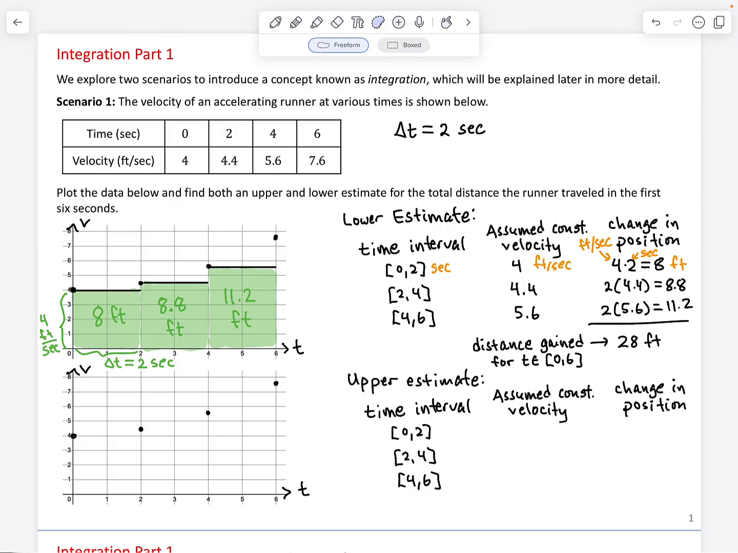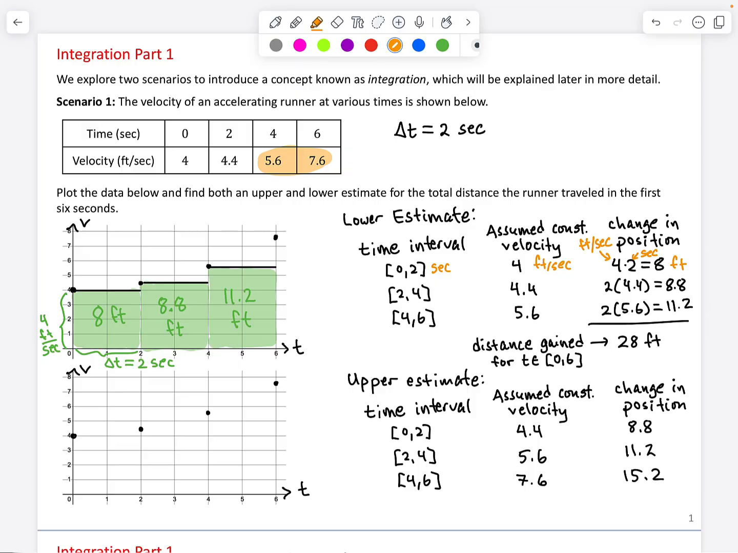We'll assume a constant velocity for each time interval, and then calculate the change in position based on that assumed constant velocity. This time, for each time interval, I'll pick the larger of the 2 options for speed. So for the first time interval, we will choose 4.4 as the assumed speed, and multiply by 2 seconds, and we get 8.8 feet. For the second time interval, we will assume the 5.6 was a constant speed, and multiply by 2 seconds, and we get 11.2 feet. And for the final time interval, we will assume 7.6 was the constant speed, times 2 seconds, and we get